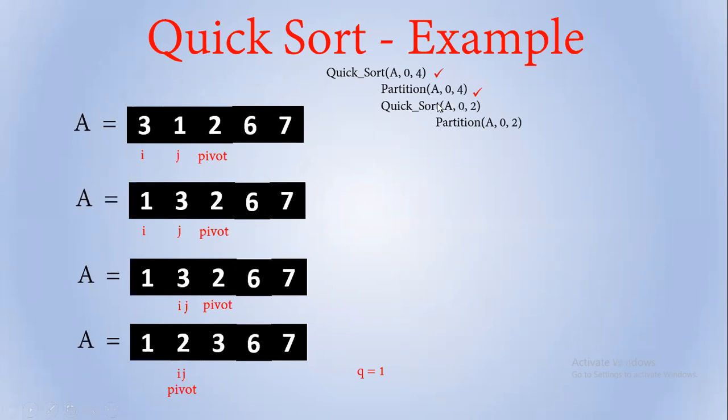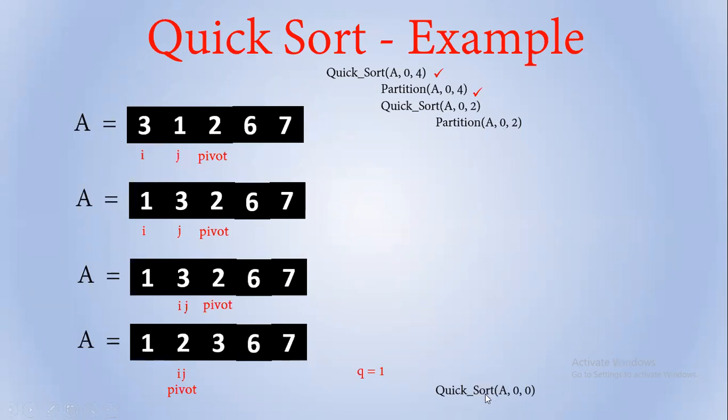So inside this quick sort, we have to call the quick sort again. I have written it here, quick sort in the same line. That means inside this function, quick sort A 0, q minus 1. Q is 1, q minus 1 is 0, so A 0, 0. That means we are calling quick sort on this one. There is only one element, nothing happens. Same is for the right side also.